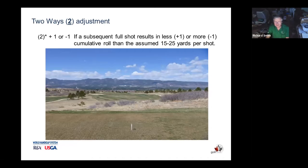Okay. There's also the 2 ways or the 2 adjustment. If a subsequent full shot, in other words, on a long hole, you've got your tee shot and then you've got a full fairway shot that's not going to get to the green, then if that results in less or more cumulative roll than the assumed average 20 yards per shot, we can make the adjustment with a +1 or -1 as the case may be. So if instead of there, it goes to there,